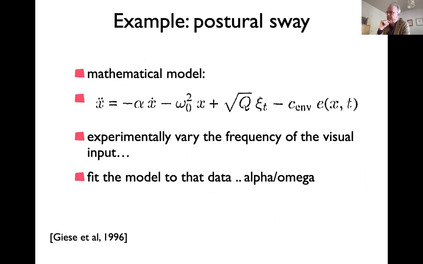It's not so important what the detail is. So mathematically, you can write down a model of that kind of behavior in which you simply have an oscillator that is entrained by some visual signal. And at that time, I was engaged in doing experiments where we varied all kinds of things like the frequency of this drive and tried to estimate these system parameters. It's really the eigenfrequency and this damping, two parameters. The only thing that you can fit here, there's actually a coupling strength here, but in some sense, that's not a real fit parameter. And then see if we can fit the data, and that would confirm this image of a pendulum being driven.